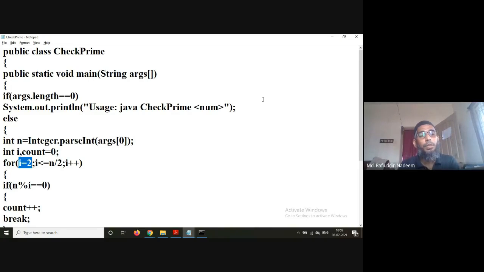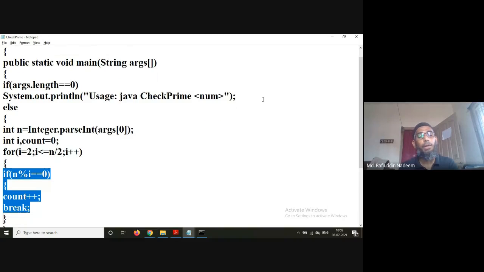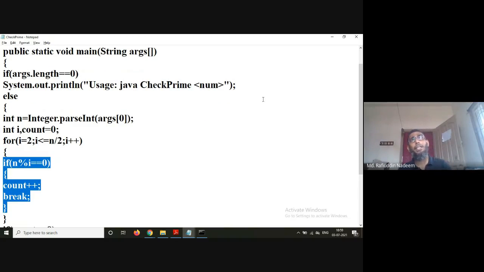So you start with 2, and then I'm trying to divide the number up to half of that number, because we learned in C that the last but one factor of any number will be either half of the number or less than that, but not greater than half of that number. So up to half of the number I am looking for any factor, because one and itself are anyhow factors of a number. So 29 divided by 2, 29 divided by 3, like that it will continue up to half of 29, which is 14.